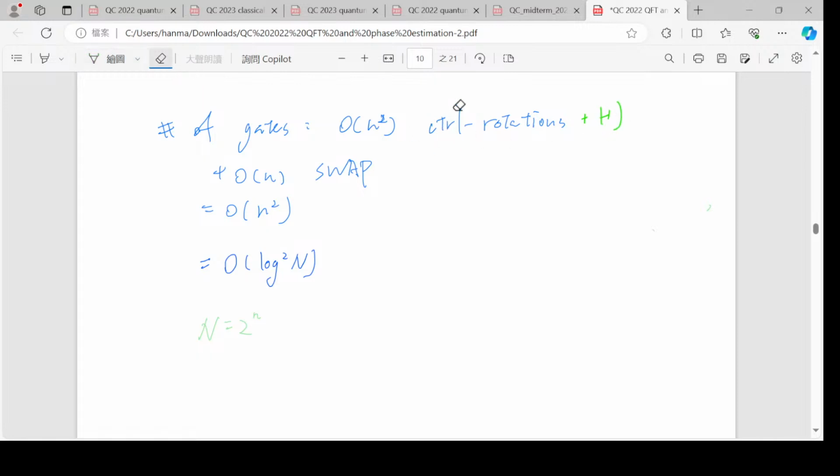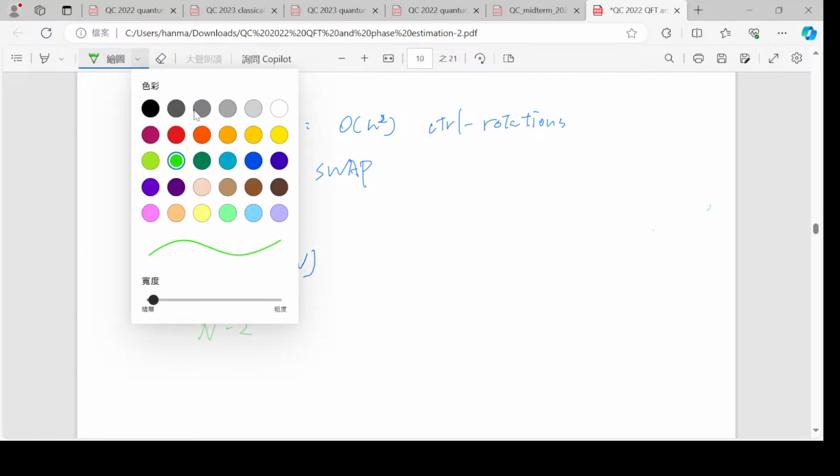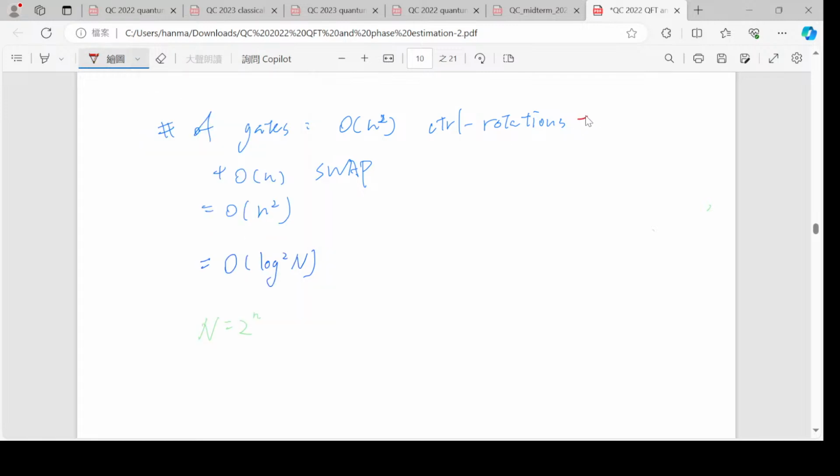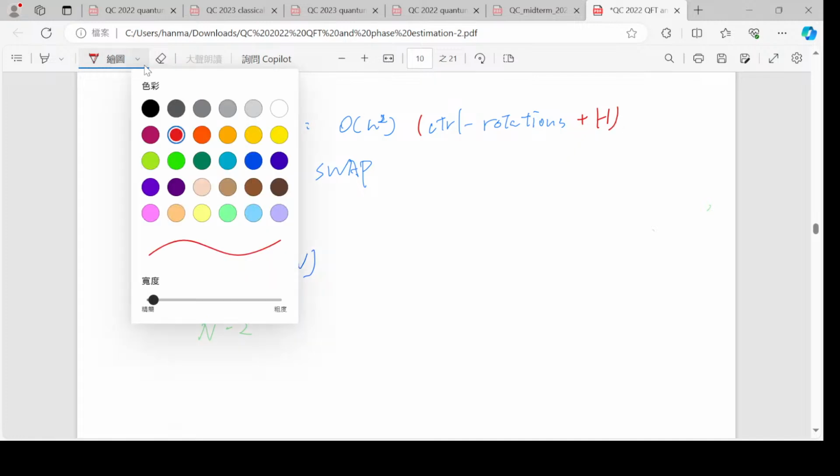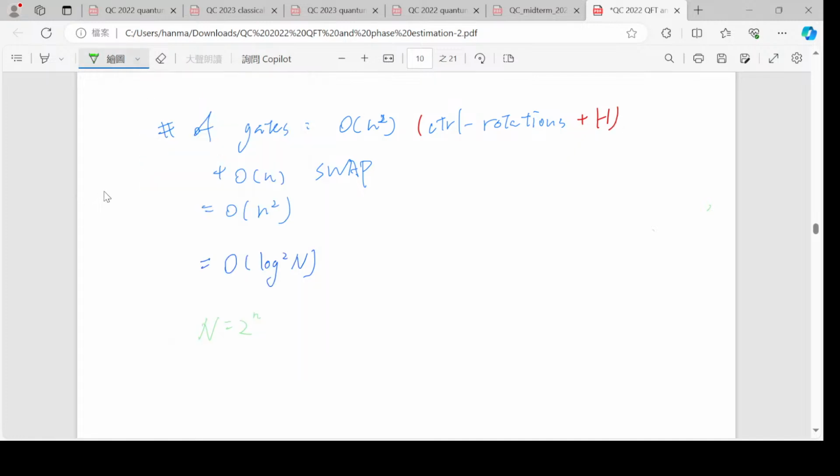I guess that's control rotation. Hadamard is like a control rotation, but technically not. Plus Hadamard. So you have a whole bunch of control rotations and Hadamards, order n squared, small n squared,